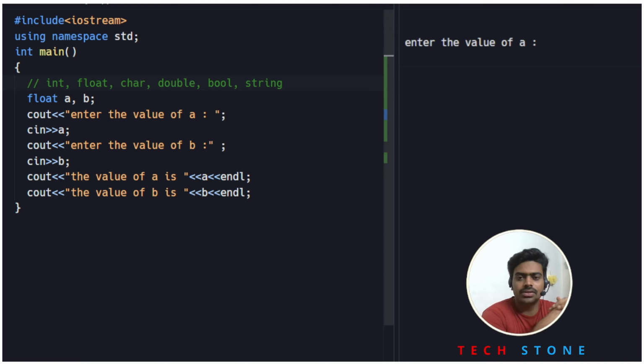This is Vaibhav. In this video we are going to discuss variables and data types, and this video is totally based on the practicals. In our previous lecture we have already discussed the theoretical as well as some practical part about variables and data types. The first ones are integer, float, character, double, boolean and string. These are the mostly used data types, and other types of data types we will discuss later.